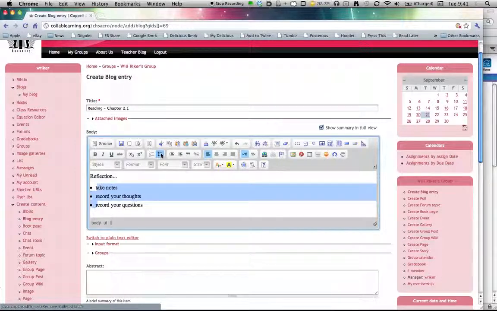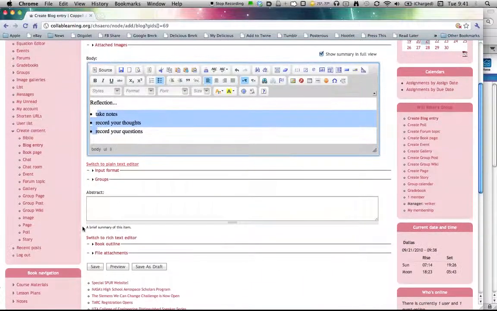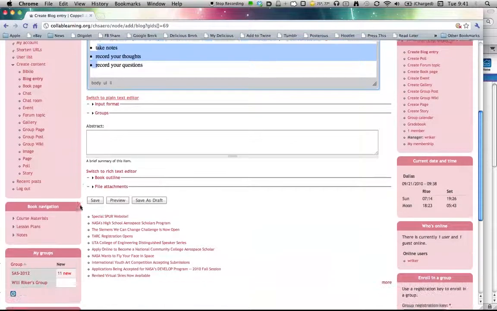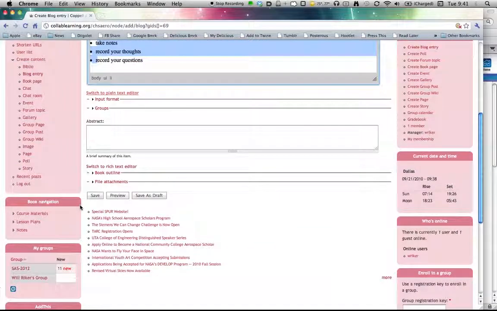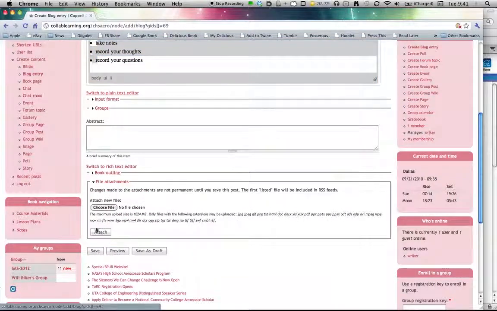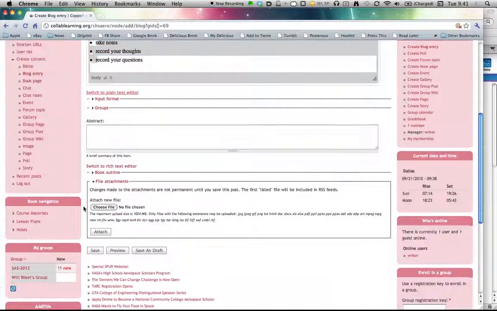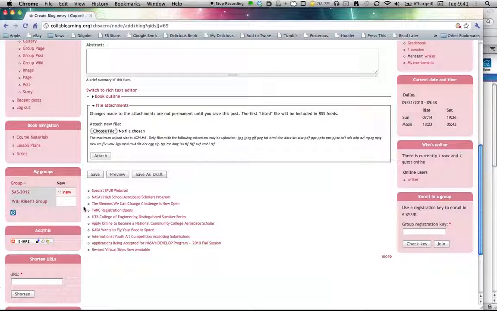So moving right along, you won't need to worry about groups because it's already thrown it into your group because you used the Create Blog Entry link from the navigation bar for your group. For this reflection blog, you might want to do file attachments, and so you would click on this to get a little file attachment section that allows you to attach files. For now, you won't need to. You just click Save,